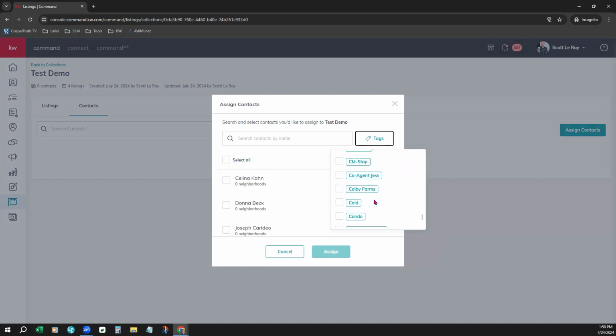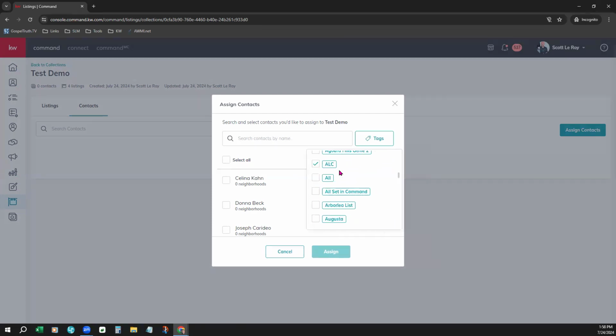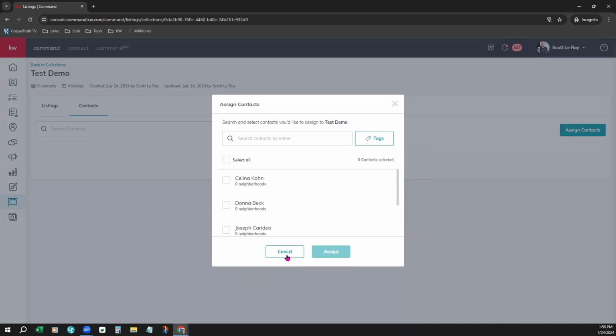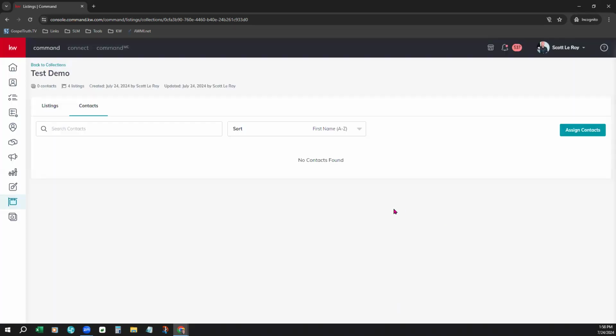See if I can find my little tag. It's not coming up. We're just having all kinds of issues today. My graciousness. So anyway, you would come in here, search by tags, and on the left, choose the person's name that you want to add it to and assign. It would add this person to that collection. I'm going to go ahead and hit cancel today, so we're not doing that,